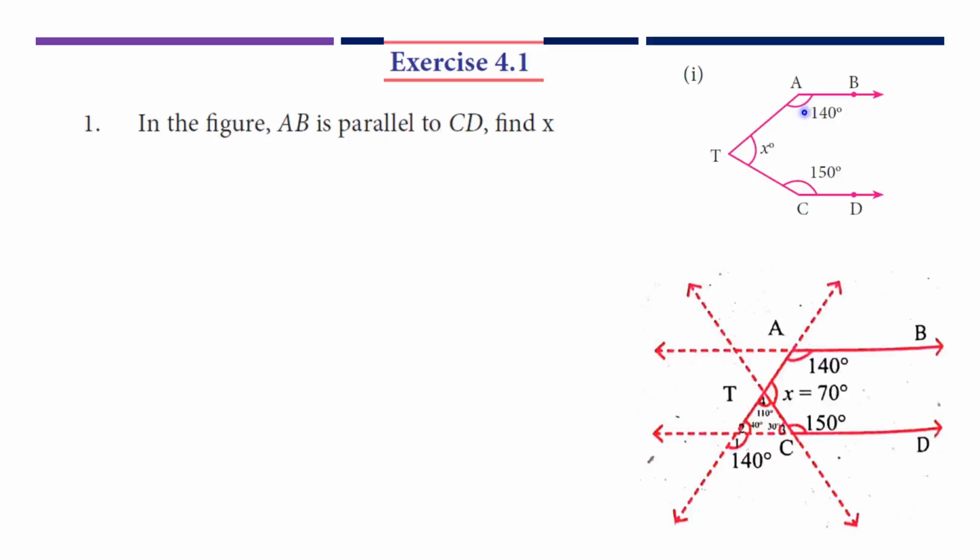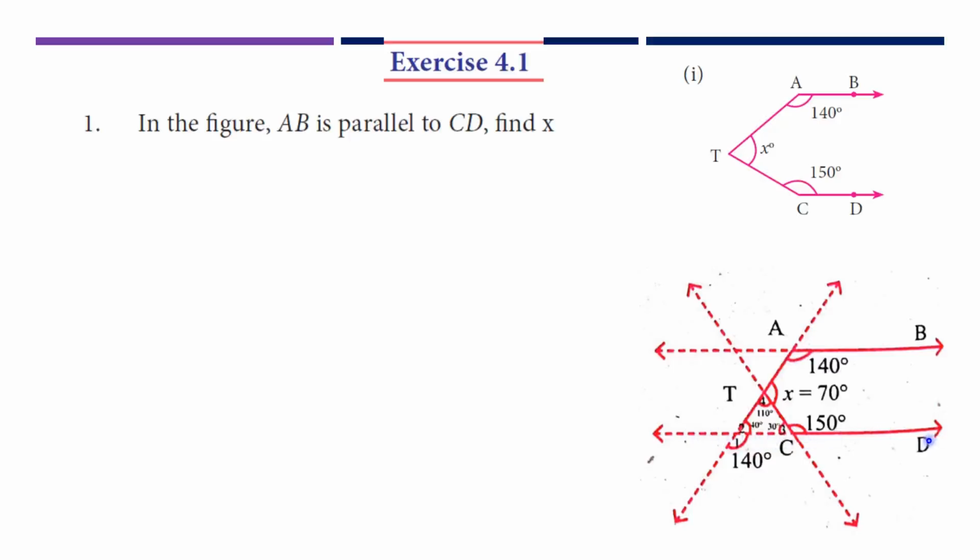In that figure, already we know this is the 140 degree and this is the 150 degree. Okay, now we are going to give the name of this corresponding angle as 1. So here 140 degree means this angle 1 is also 140 degree. And you have to give this as the 2. Here this is the straight line. So here 140 degree means this inside angle is 40 degree. Since a straight angle is 180 degree, when 140 degree is subtracted from 180 degree, we get 40 degree.